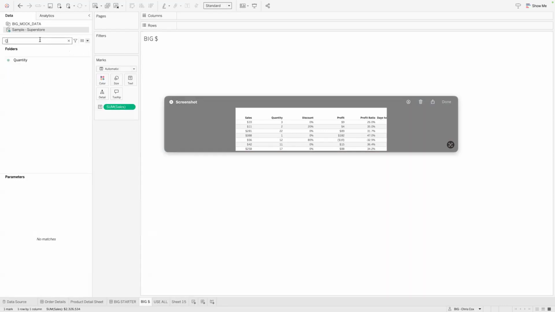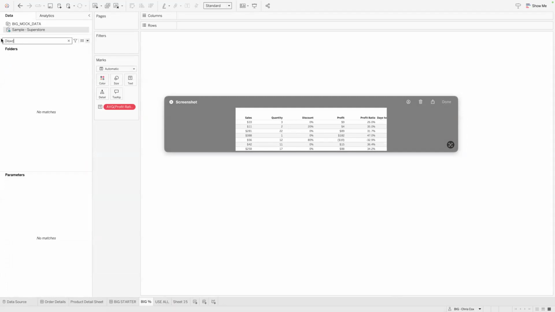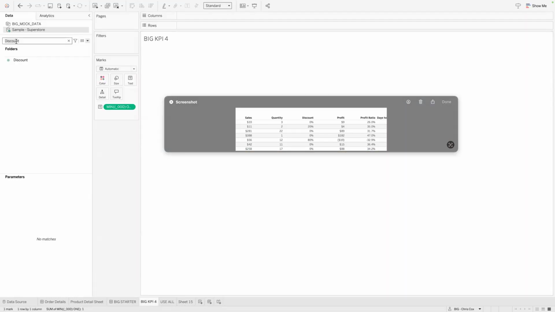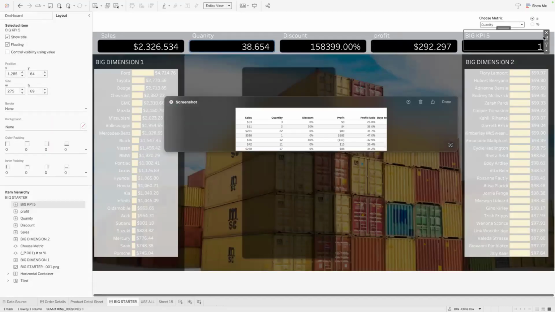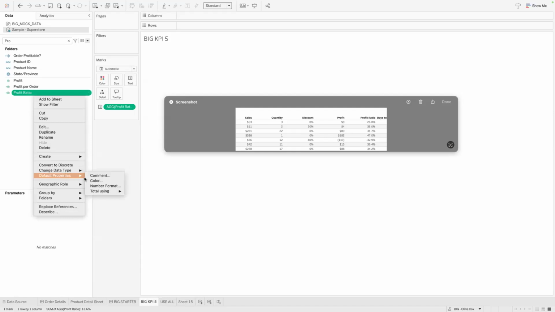I want quantity. Discount. Profit. And that one will need to set the default property if it's not already set to a whole percentage.